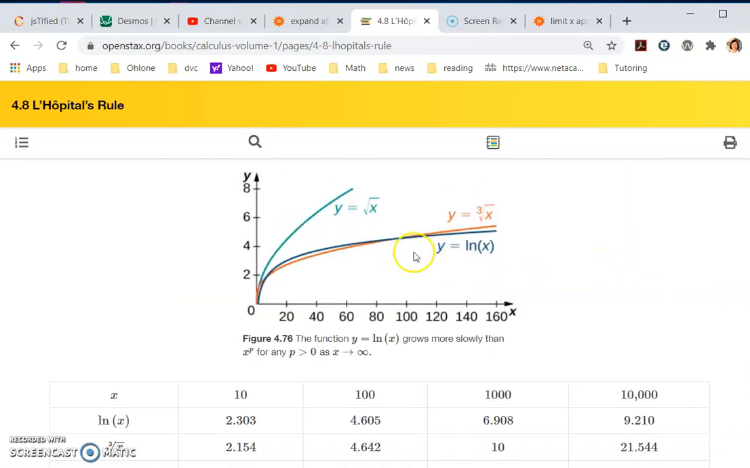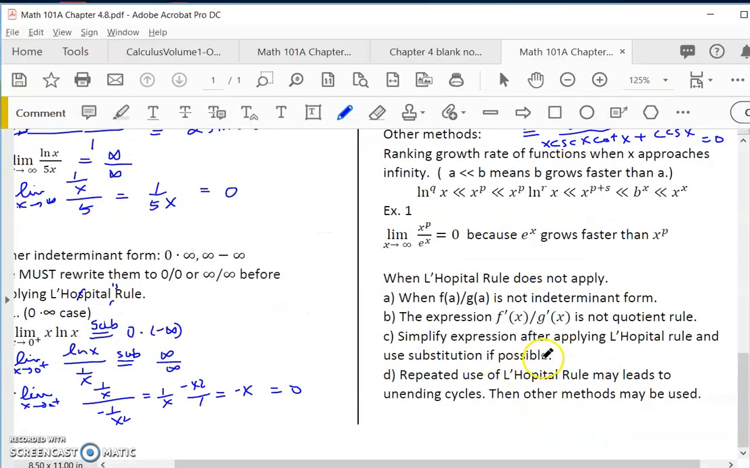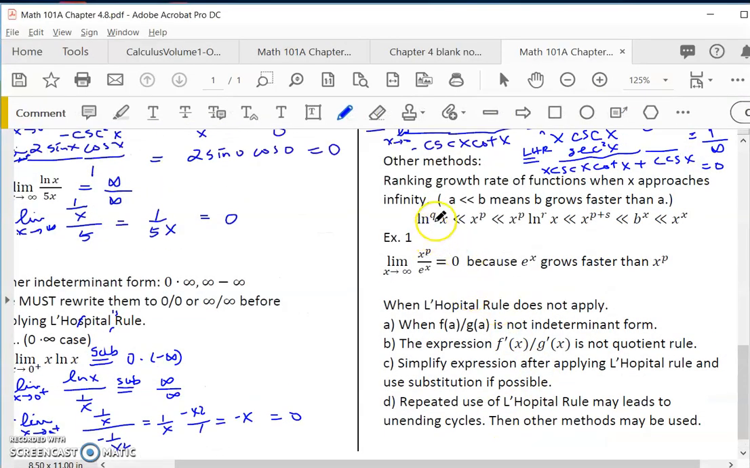They also compare square root x and ln x, or even cube root x. They grow much slower, but ln x grows much slower still. So another way of doing limits is to compare the growth rates, and I have the results here. Anything with ln grows slower than all of these, with e to the x being the fastest growing. So if you take the limit of the two, one of them grows faster than the other. If the bottom grows faster, you have 0. If the top grows faster,